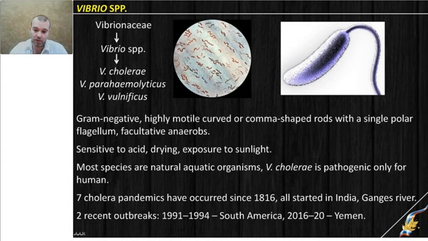Then those people go home, they had a lot of contacts, they go into other parts of the country, and disease is easily spreading by human to human contacts through low hygienic conditions, through fecal oral route or other. And recently 2 outbreaks, they are not even pandemics, but very important outbreaks were registered. One in the previous century in South America, and recently in Yemen. That outbreak is not finished. Some accidental cases are still registered, but a lot of people suffered because of low supply of pure drinking water.